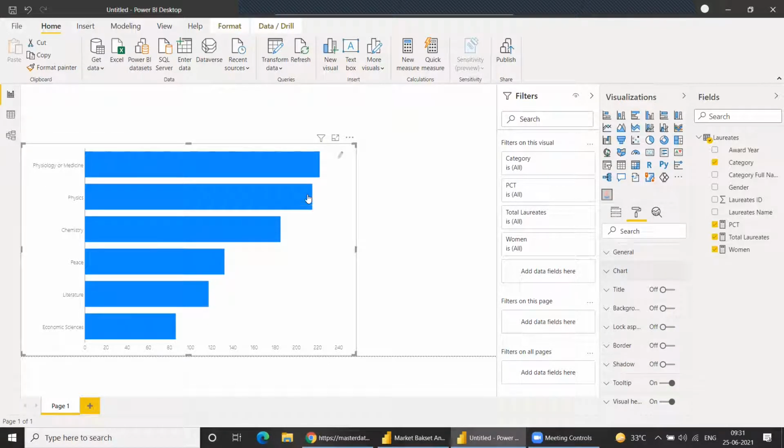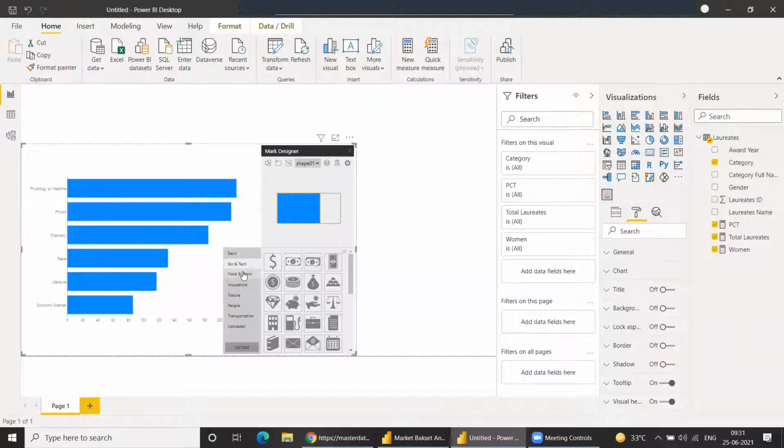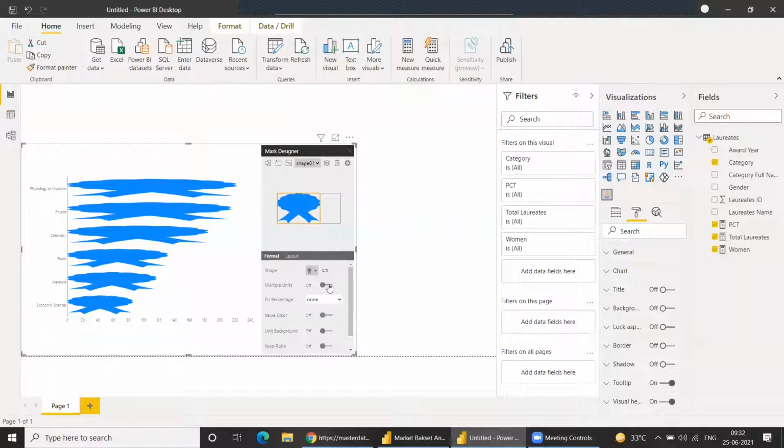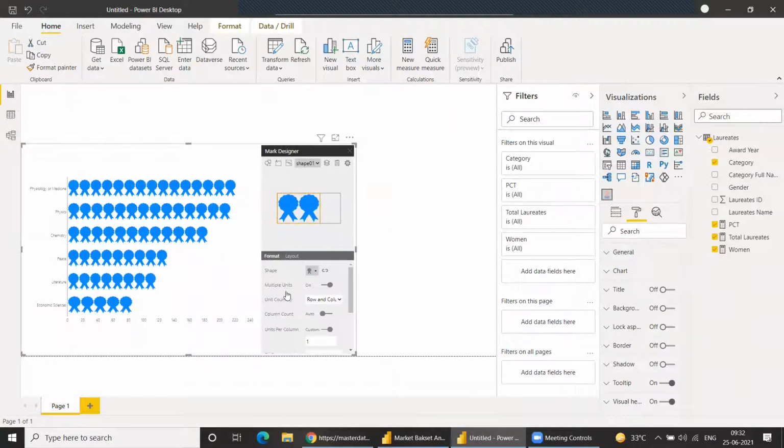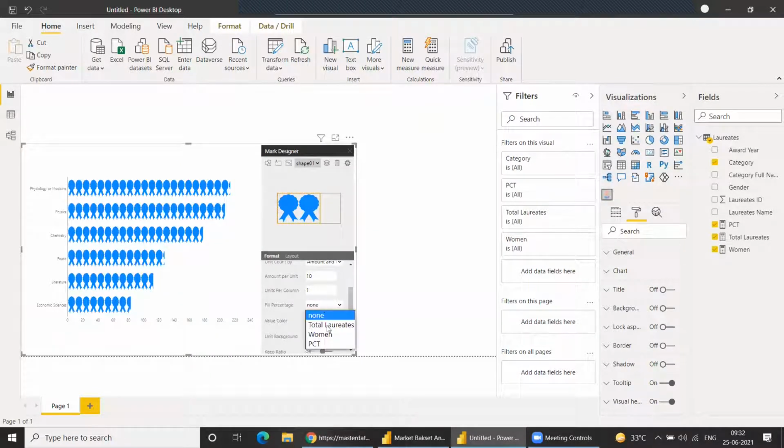Now we need to convert this bar into images, so we'll click on the icon edit and we'll use the shape. There are some default shapes and you can upload yours as well. For now, we'll use this shape. We'll turn on multi-unit, unit count by amount and number in the rows, and we'll say one image equals 10 units, and the